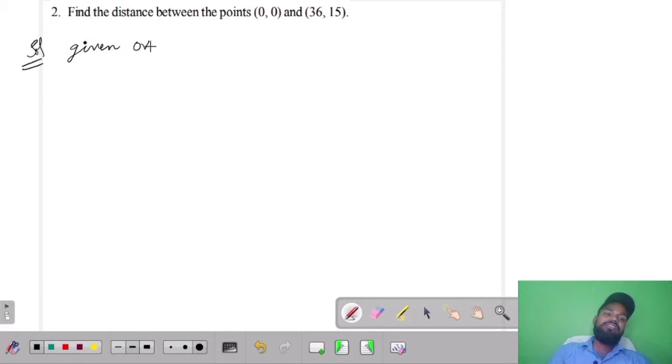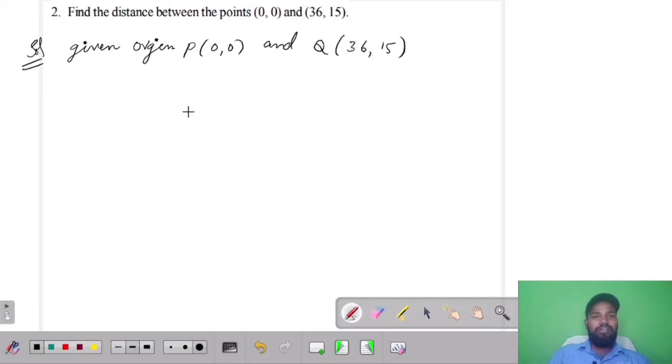Given origin P as 0 comma 0 and Q as 36 comma 15. So now we are finding the distance from the origin to Q. What is the point Q? Q is nothing but 36 comma 15. So let us use the distance formula. What is our distance formula? Distance formula is